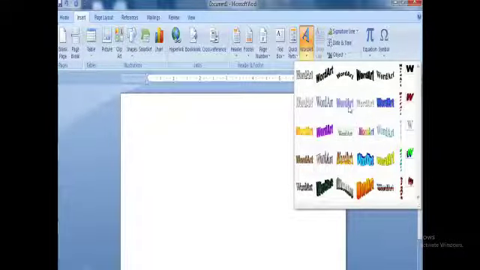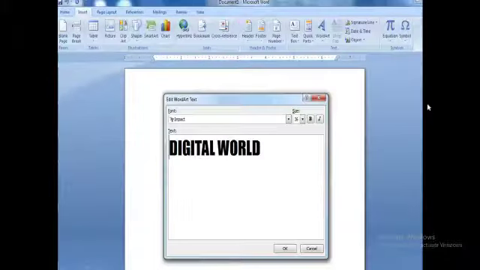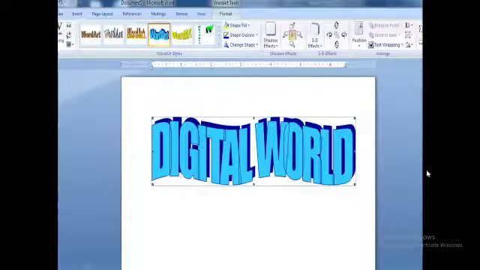Now you can see in this window, under the Insert tab, you have the WordArt option. A drop-down box will appear where several types of WordArt are available. Select the WordArt of your choice, then a dialog box will appear like this. You can type the text in the text box given below, and you can also change the font as well as the size of the font. You can even make the text bold and italics. After performing all the settings, you will click on the OK button. The WordArt will appear like this.